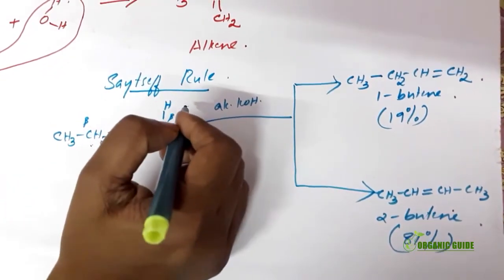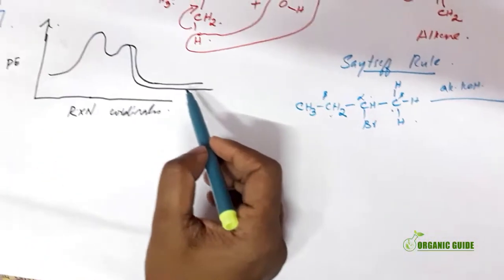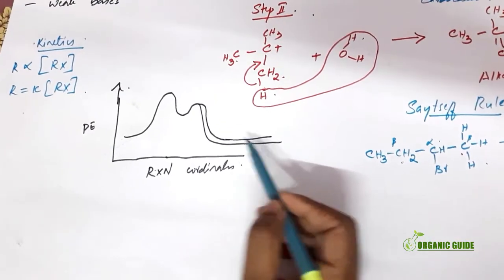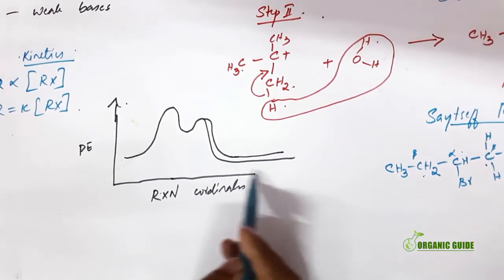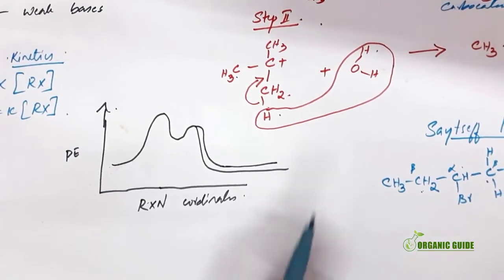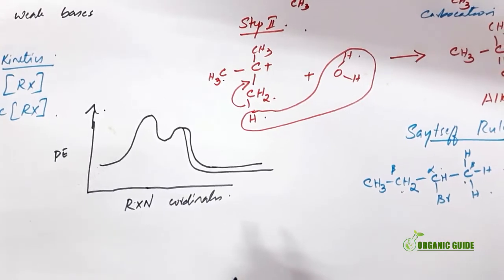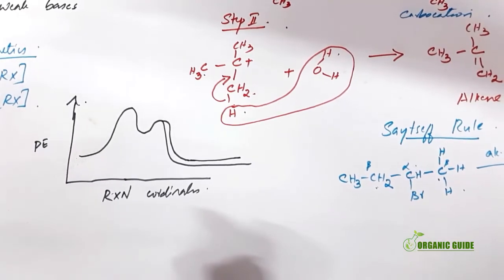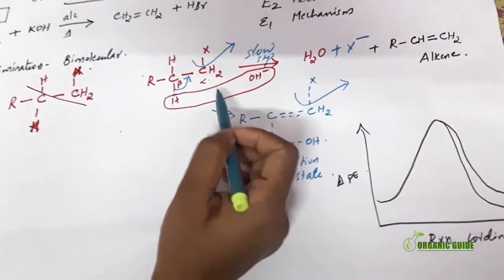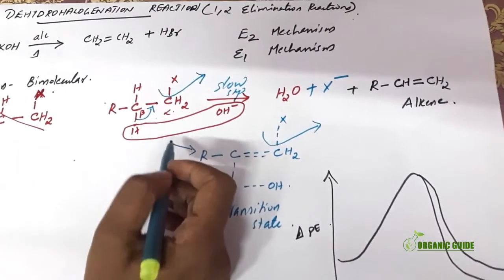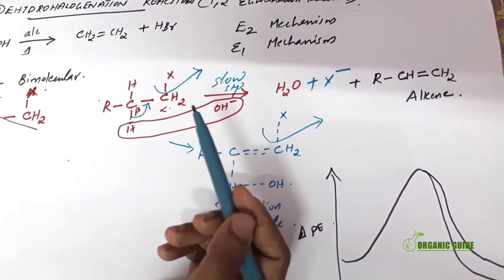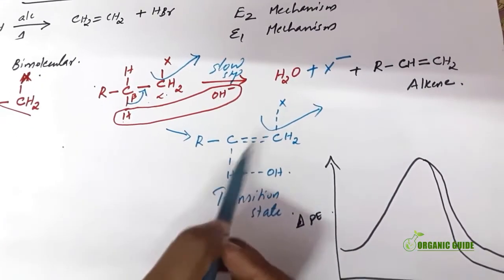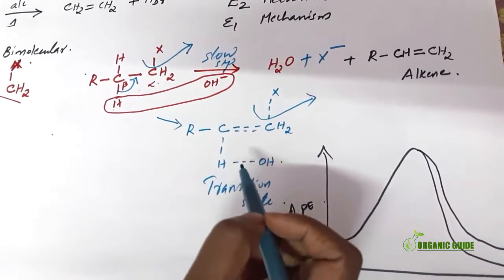When I told about the energy profile diagram, I mentioned two peaks. These are these two products. According to Zaitsev rule, there will be two products, and the major product will be the highly substituted one. And one more thing I forgot to tell in E2 mechanism: we have stereochemical aspects also here. E1 doesn't have any stereochemical aspects, or stereochemistry is not involved, but in E2 mechanism we will have a stereochemical aspect that I will discuss now.